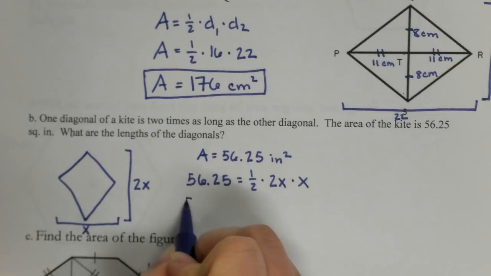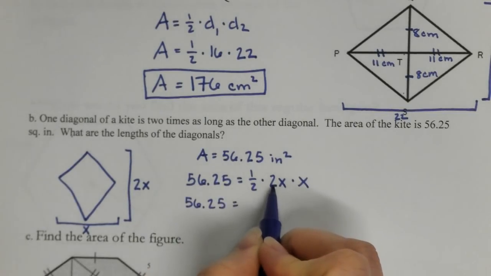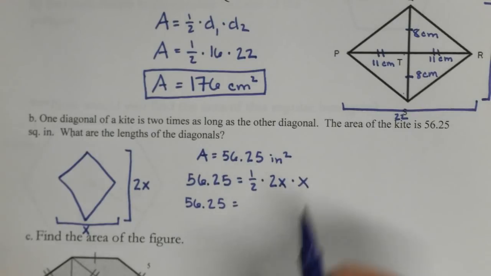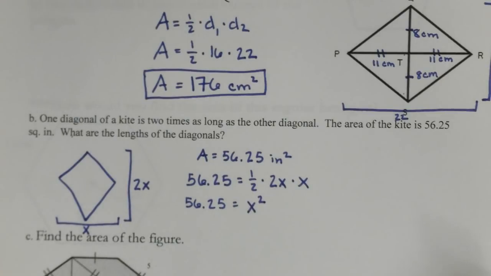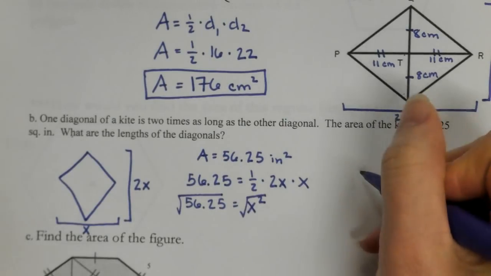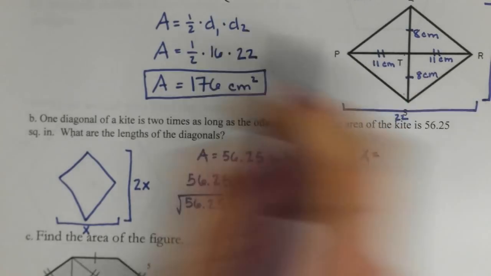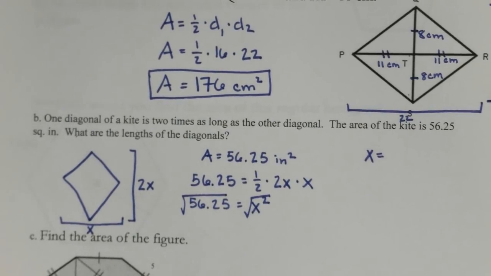Now let's simplify. 1/2 times 2 is 1. X times x is x squared, so 1x squared is the same as x squared. Now to get rid of the square, I square root. So the square root of 56.25